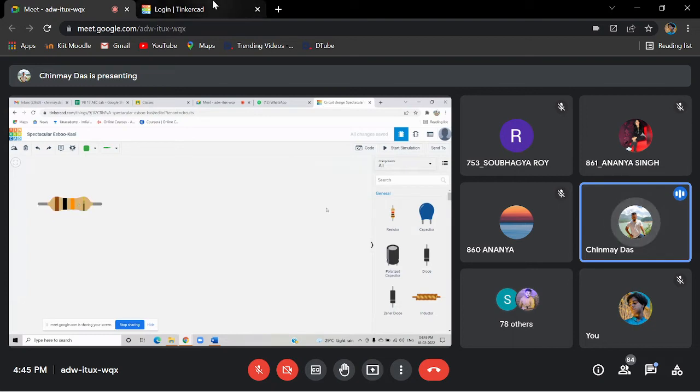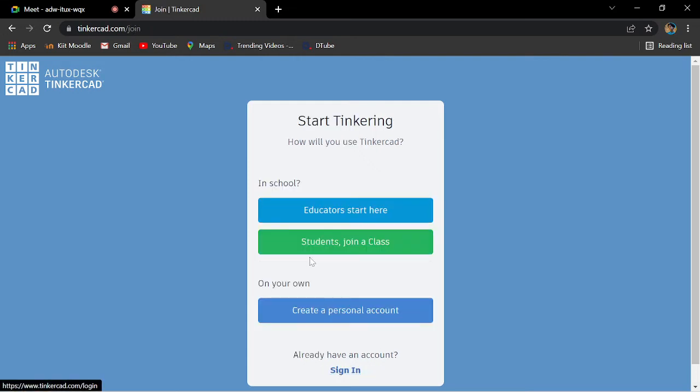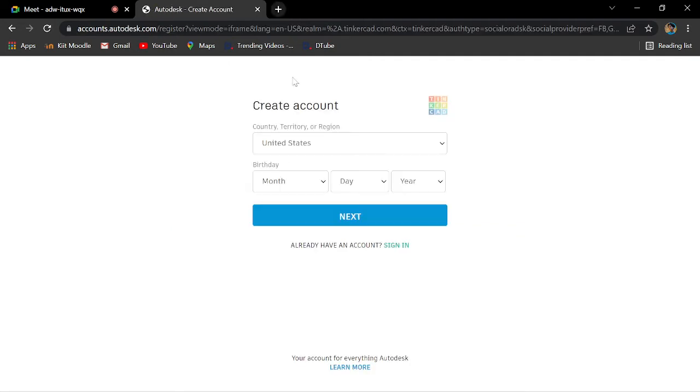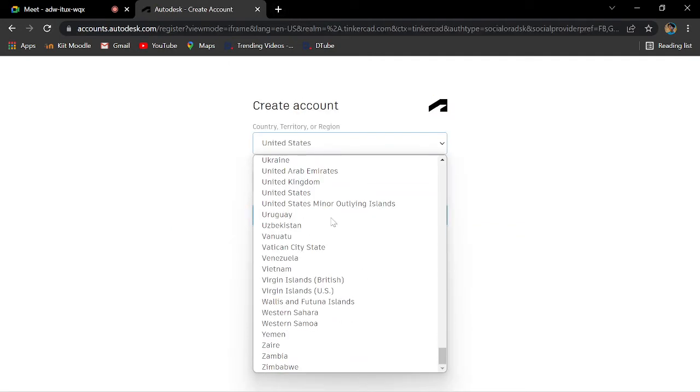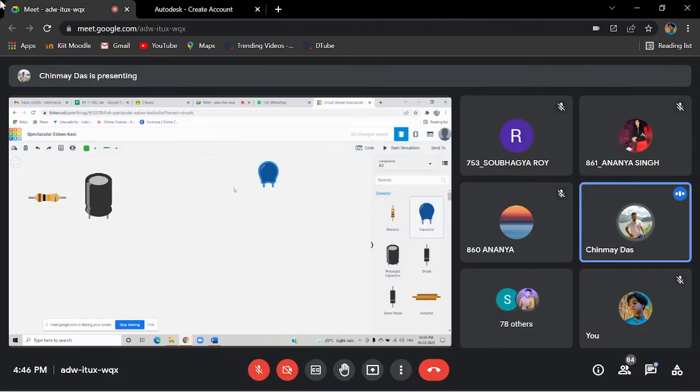Okay, now the next component is the capacitor. I don't know why I'm getting these bigger size components. Okay, so this is a capacitor. This is also a capacitor. This is a polarized capacitor or electrolytic capacitor, and this is a non-polar capacitor, and it is generally a ceramic